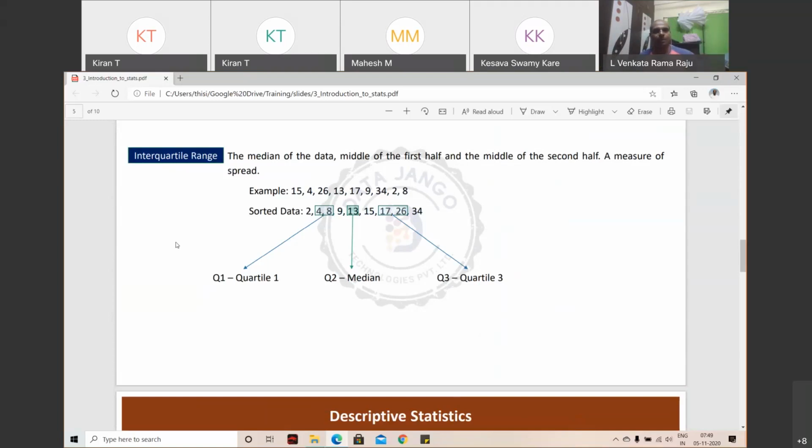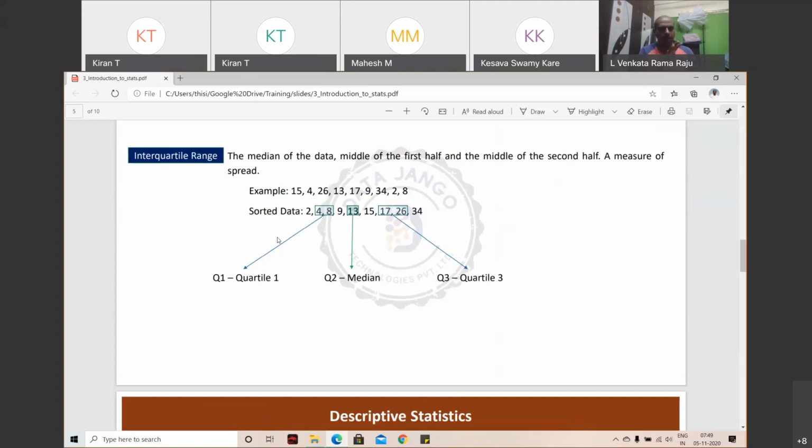So you take this interquartile range and try to find out quartile 1 and quartile 3, and calculate 1.5 times quartile 3 and minus 1.5 times quartile 1, and the data beyond those numbers may be outliers. Okay, maybe outliers. I'm saying it is not exactly an outlier, I'm not sure it is an outlier. I'm saying maybe outlier. When I say outlier, the data would have come into the data set by mistake.